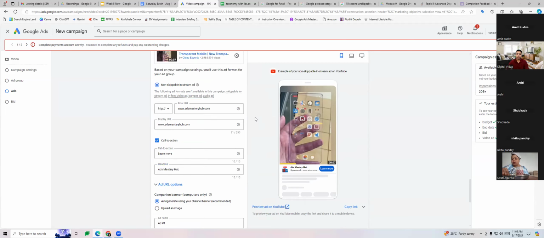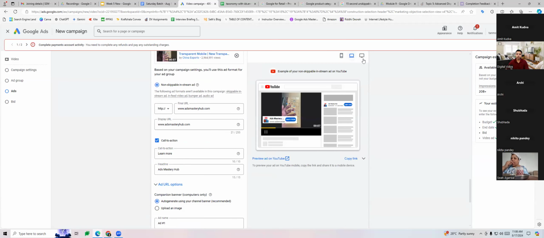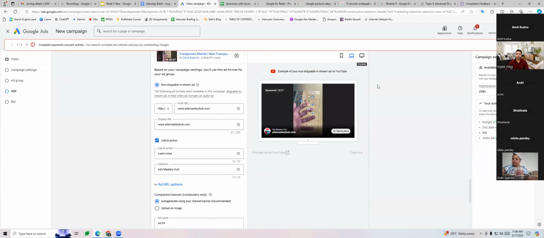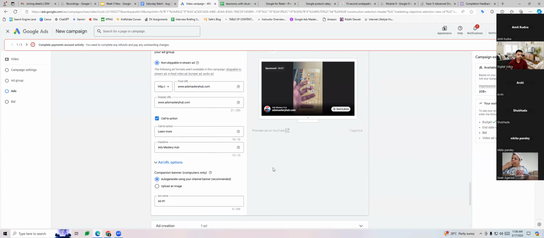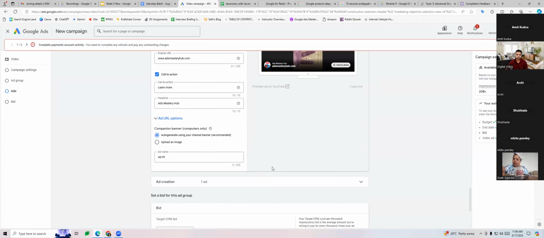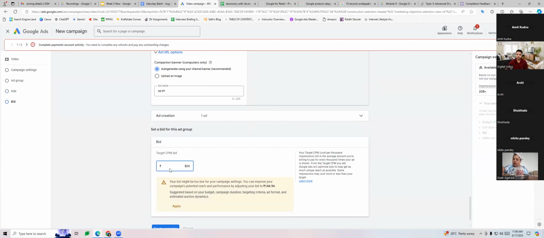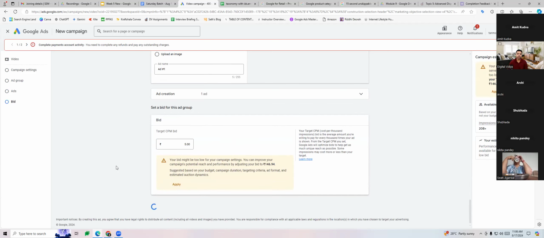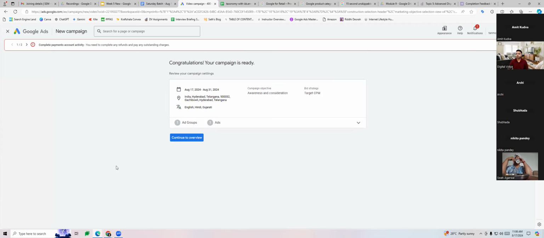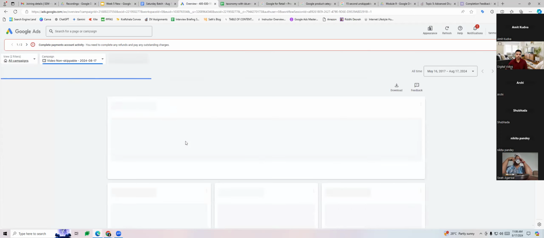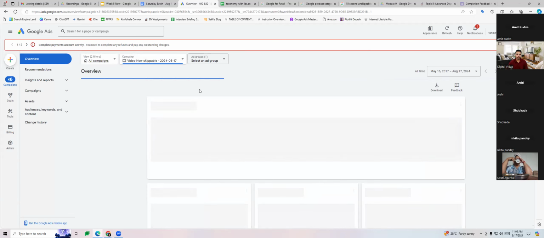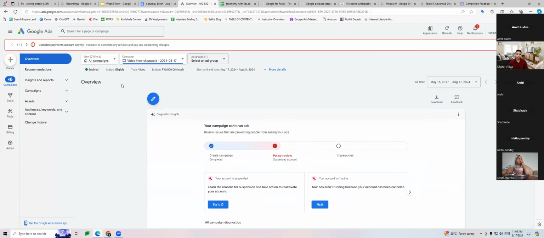In this manner, this is your 15 seconds non-skippable getting created for different devices. Lastly, give your CPM bid as well for this campaign and create the campaign. That's your non-skippable campaign.